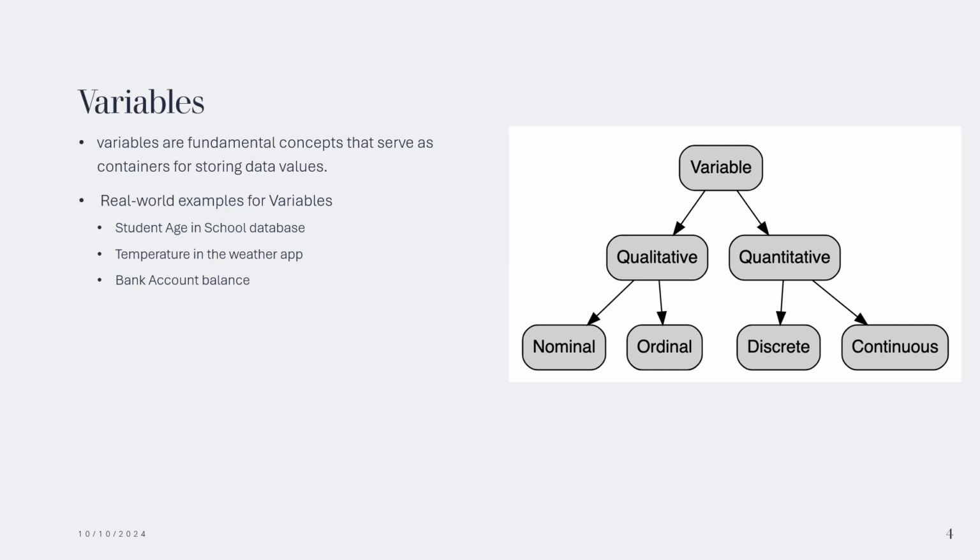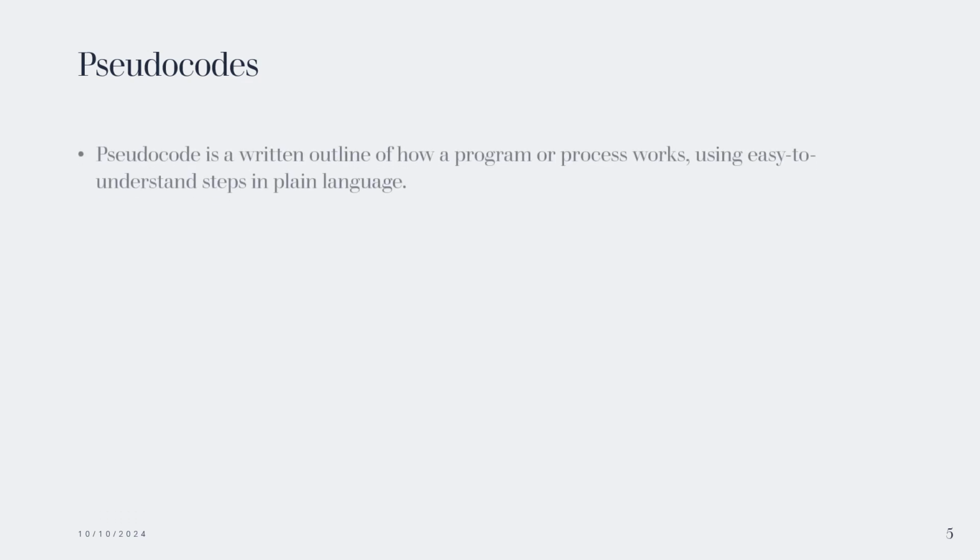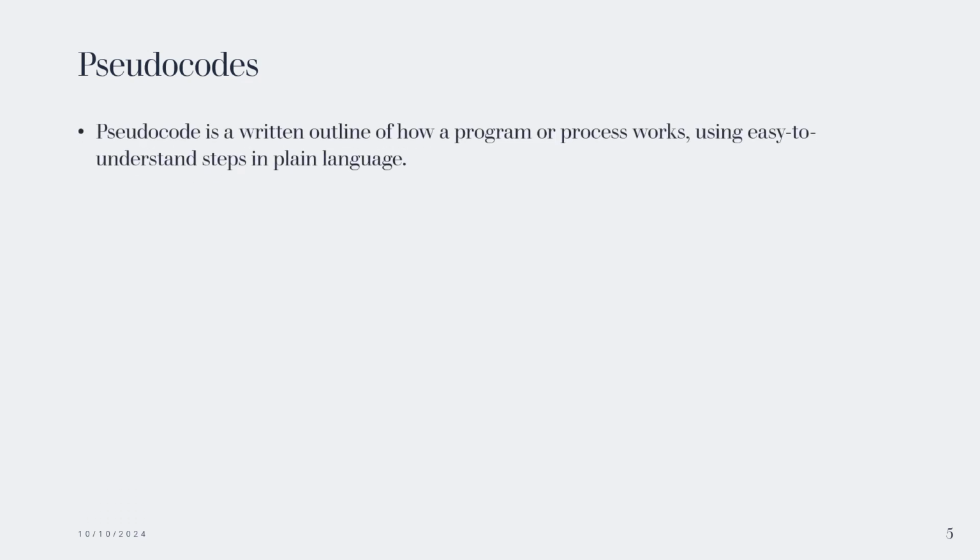Variable subject. And let's go for the next one, pseudocode. This is another way of representing the algorithms. So pseudocode means it's a written outline of how a program or a process works using easy to understand steps in plain language. So basically using pseudocodes, we can plan our computer program or software from start